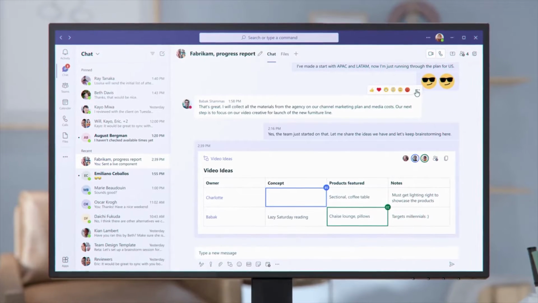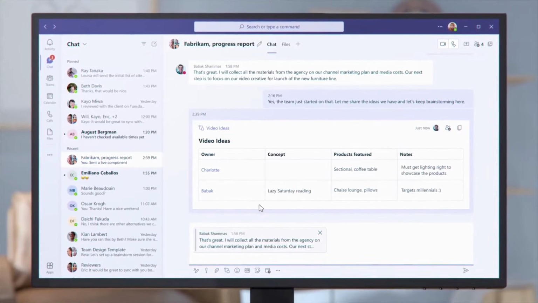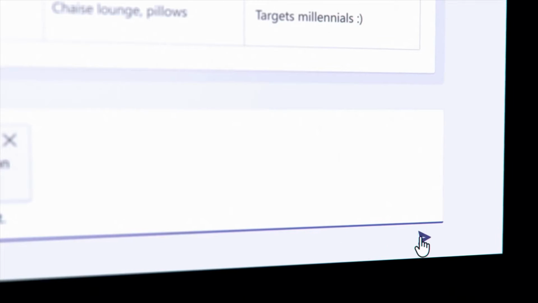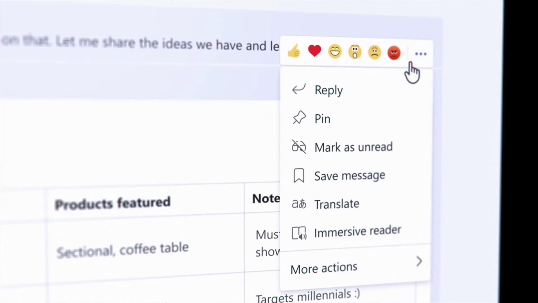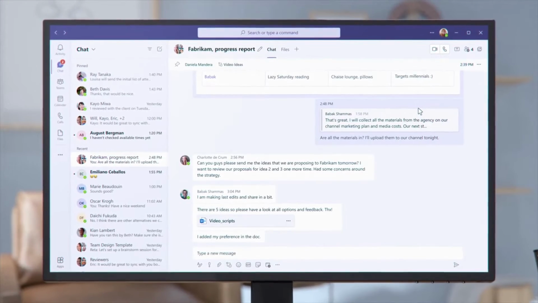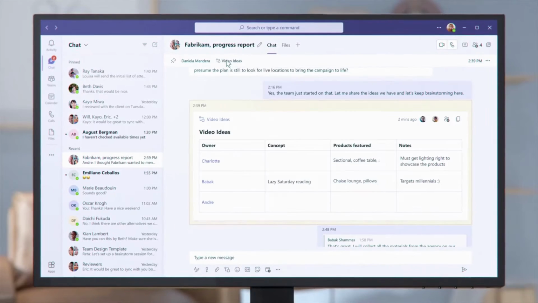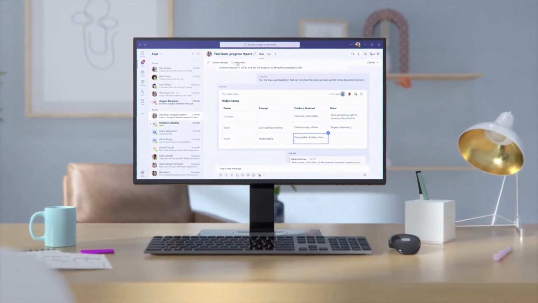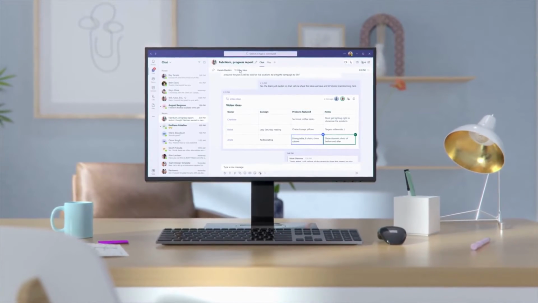If you need to respond to an older message in a chat thread, you can reply specifically to that message by clicking Reply and having the original message quoted in your reply text box, so everyone in the chat has the necessary context. You'll be able to pin a message. Chat threads can move quickly, making it hard to find important messages. With pinning, you can drive awareness and provide your chat members with quick access to critical content. This will help your team stay in sync on the key topics, while staying in the context of the conversation.